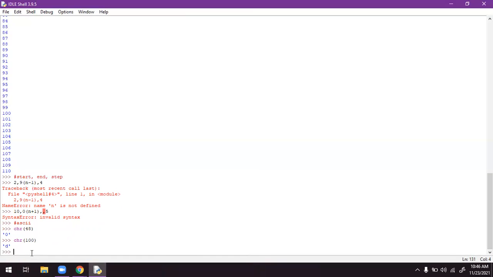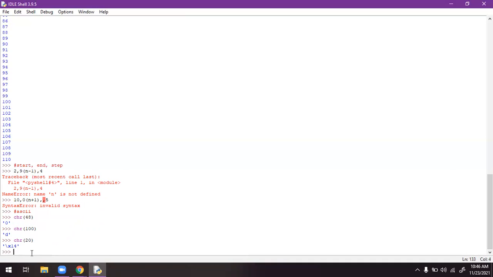So the character value of 100 is d. Likewise, the character value of 20. If you press enter, you will get some output.